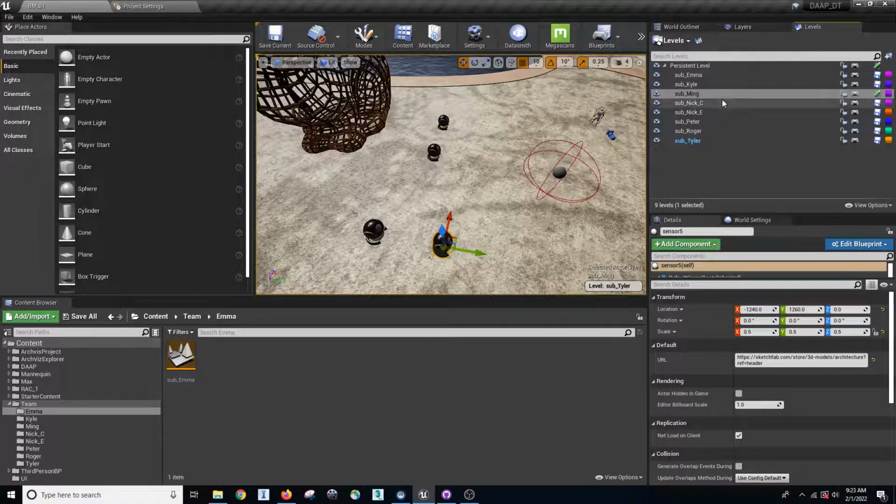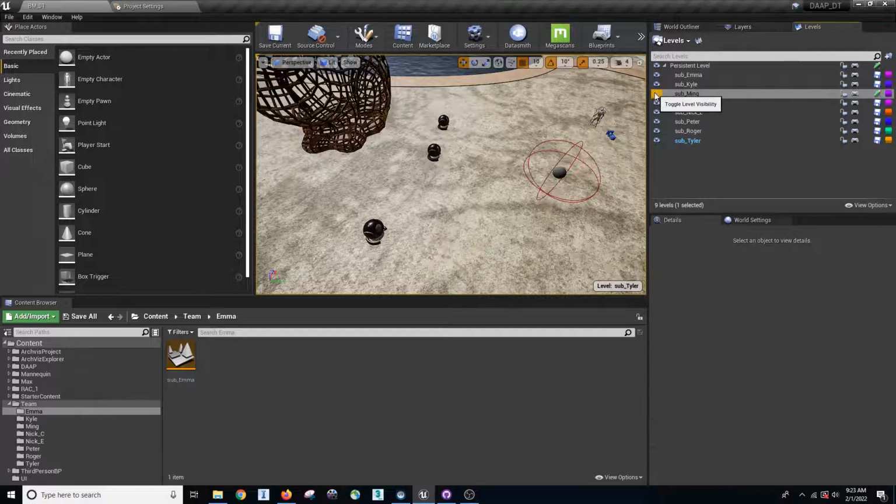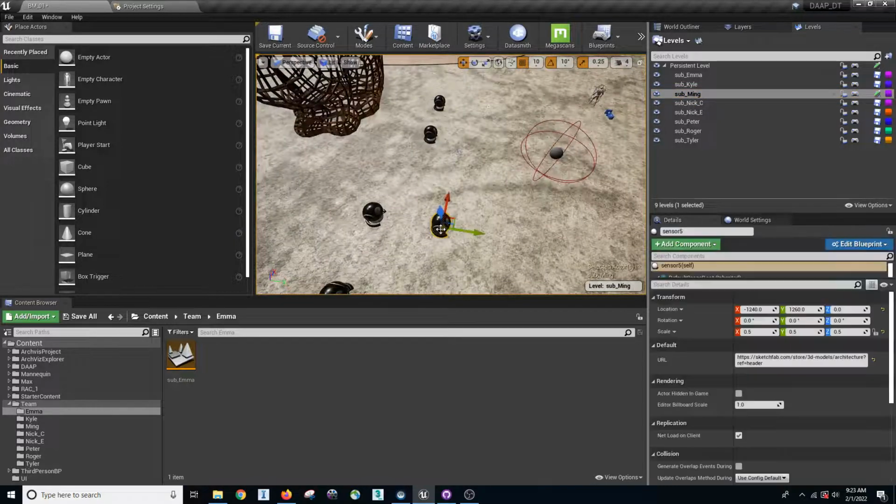Okay, so this is just a quick way you can check if this object belongs to you, is already located in your level or not, right? So once you have this in your level, you can customize color, you can add other objects. So just to let you know, this is the way